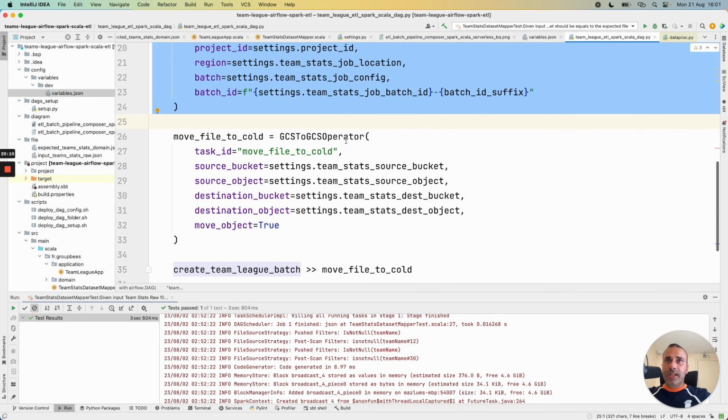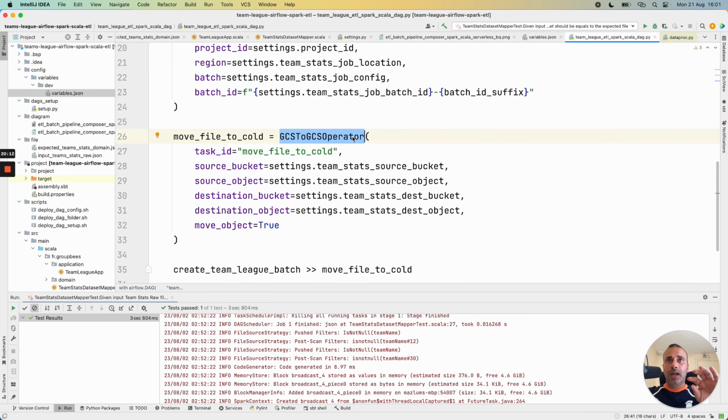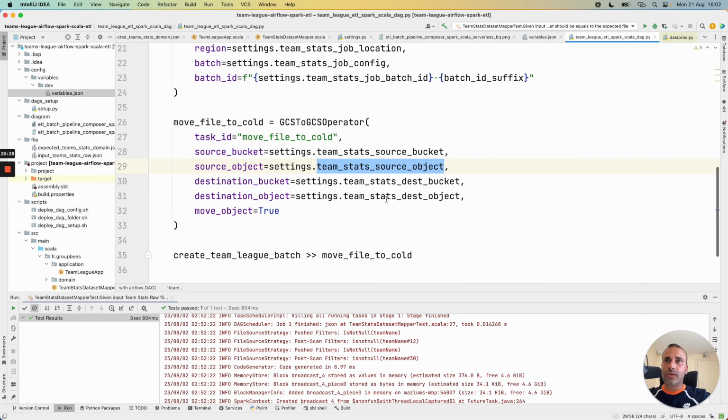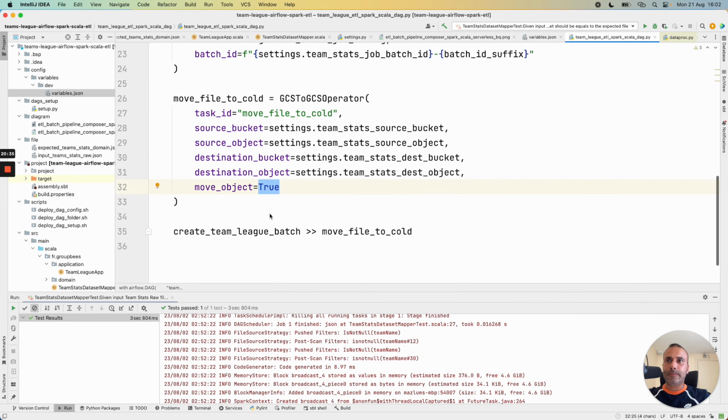At the end of the DAG, after treating the file and processing the file, we move the processed file from the hot folder to a cold folder. We have the source object here and also the destination object and bucket, and we move the element.